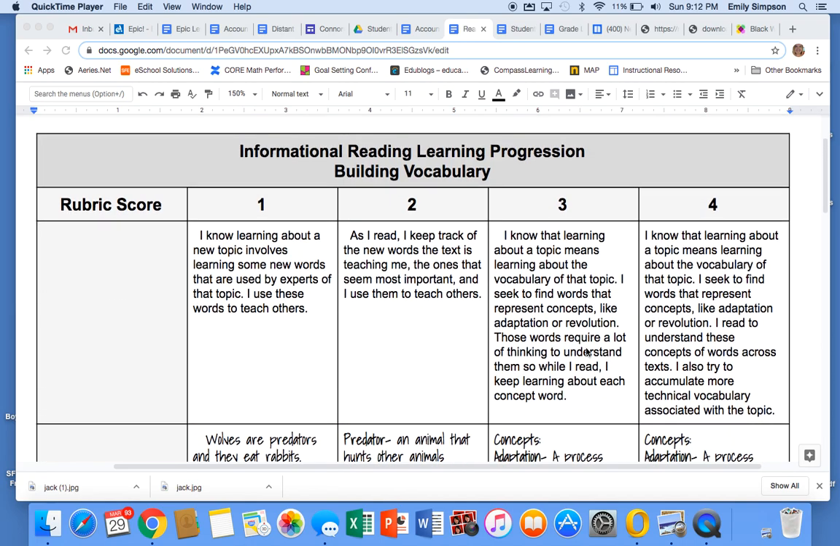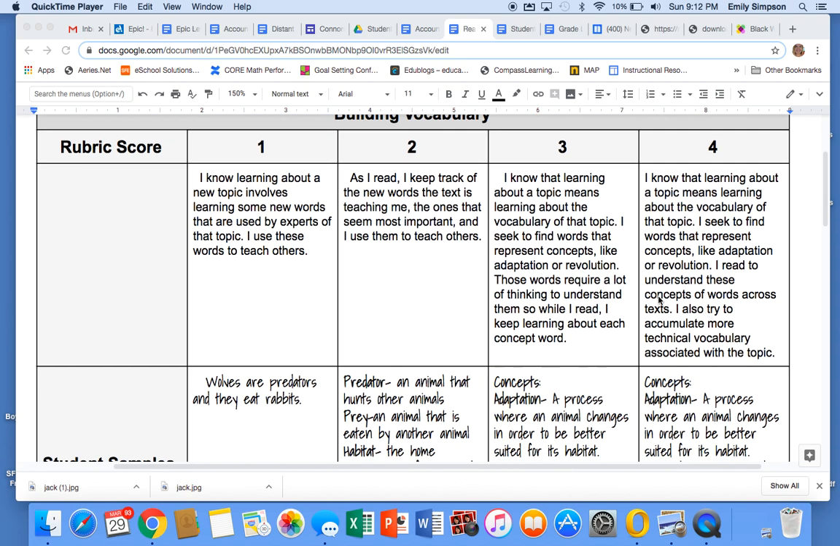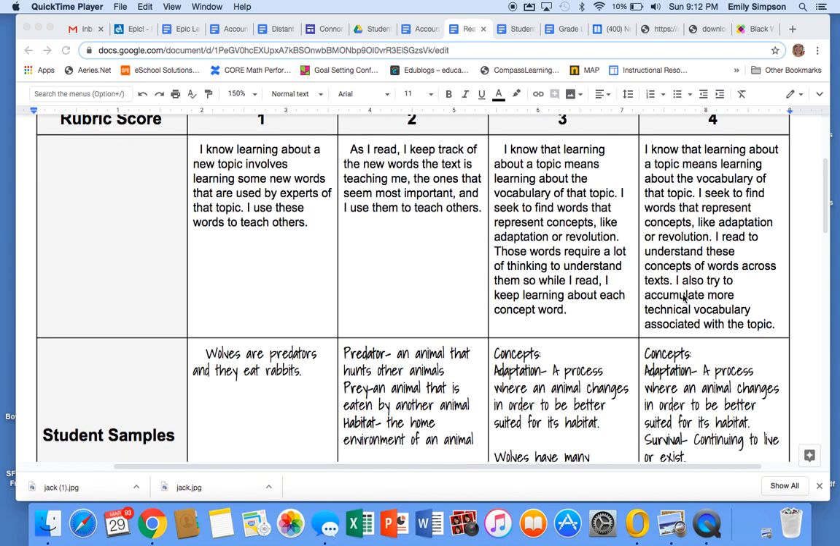And then as we move to a level 4, remember level 3 is where we want you at the end of the year. As we move to a level 4 is doing everything that a level 3 is. But they're doing this across multiple texts, so they're building their understanding as they're reading. And they also try to accumulate more technical vocabulary